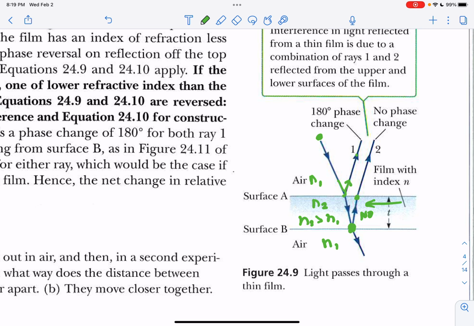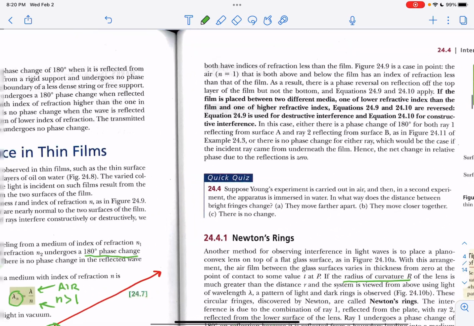In other words, we can use these two rules and this phenomenon to calculate the thickness of this material that the light is reflecting off of, but also penetrating, then reflecting off the bottom of it. So T is the thickness. So now if we come back over here,